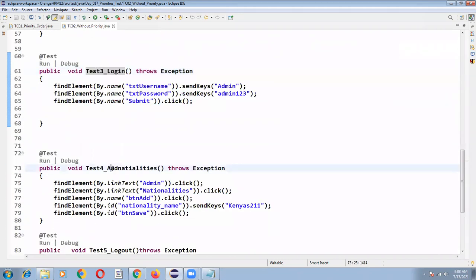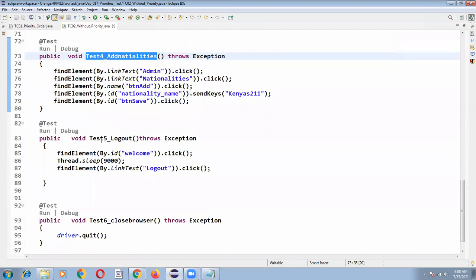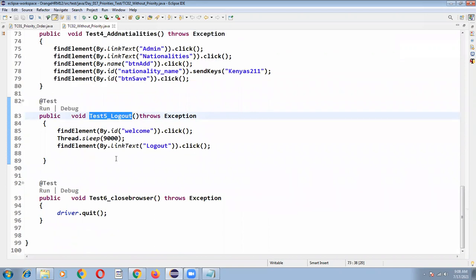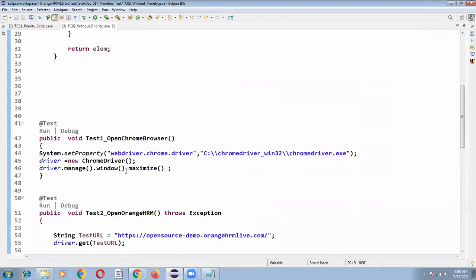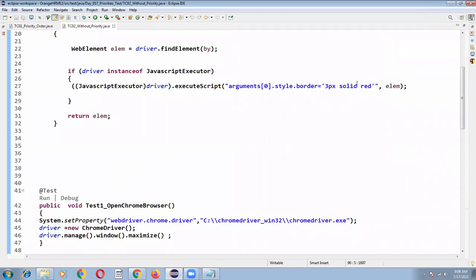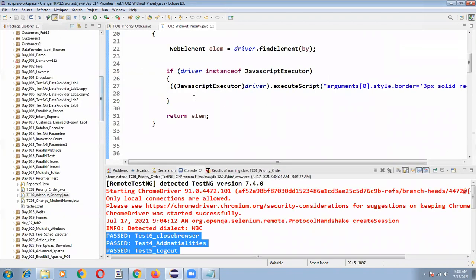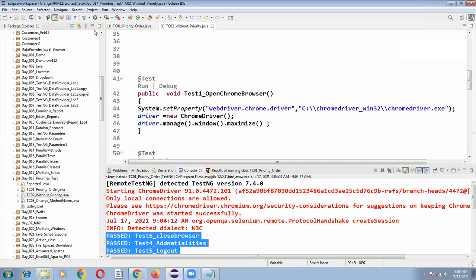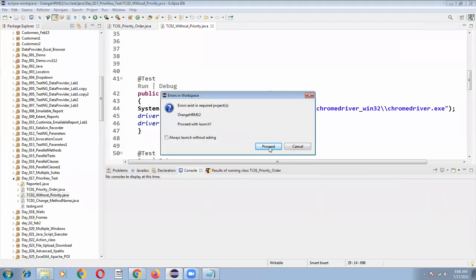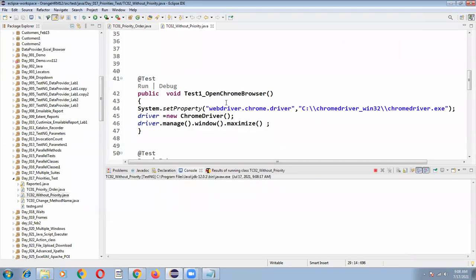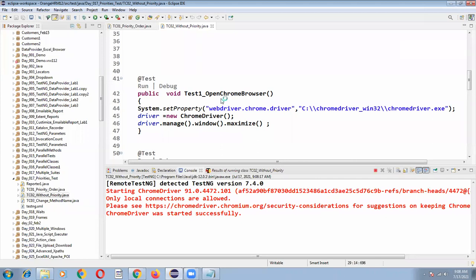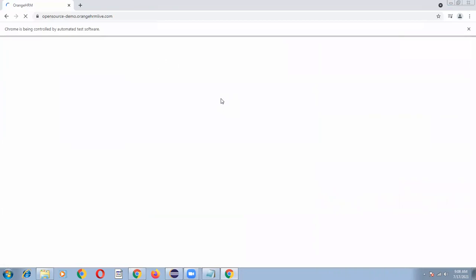At least you should follow method alphabetical order naming, so that your test methods will be executed in alphabetical order. In case you don't want to define priority order, you have to follow alphabetical naming, so that your methods are executed in alphabetical order.